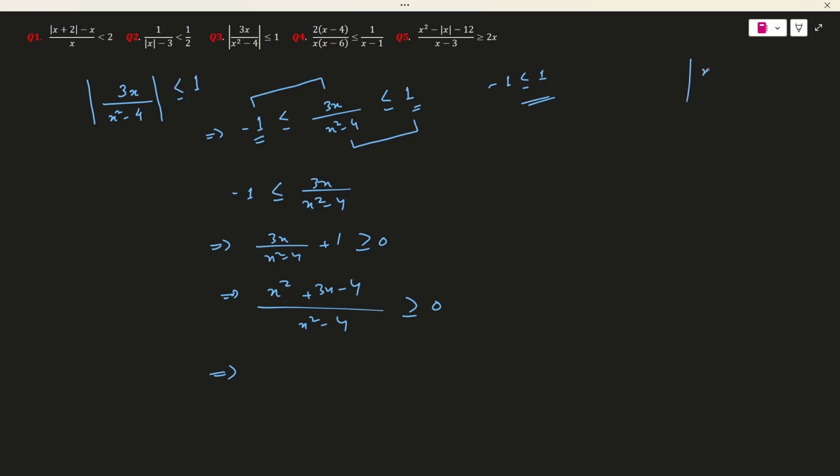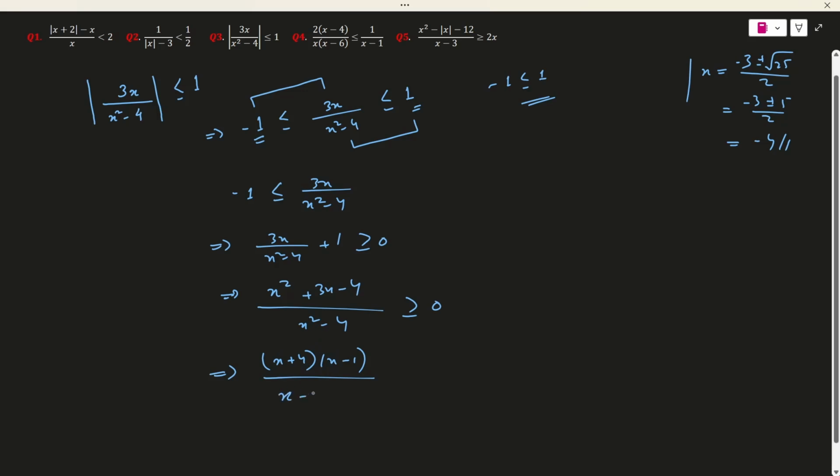So x is equal to minus b, so minus 3 plus minus under root of 25 by 2. So this can be written as minus 3 plus minus 5 by 2, so minus 4 comma 1. All right, so x plus 4 into x minus 1, right? x square minus x plus 4x, correct. x square minus 4 can be written as x minus 2 into x plus 2, is greater than or equal to 0. So if I draw the number line and use the Wavy Curve method,